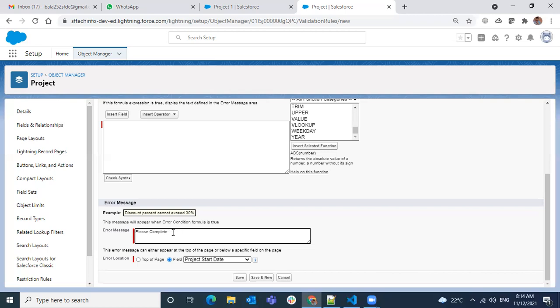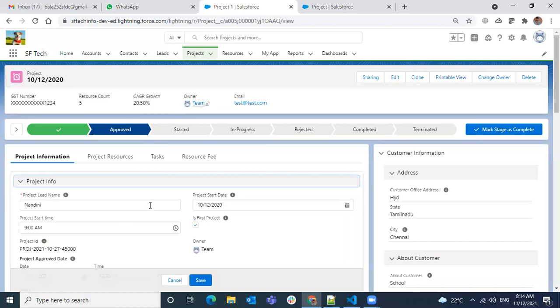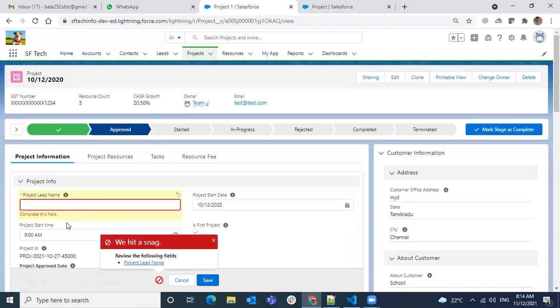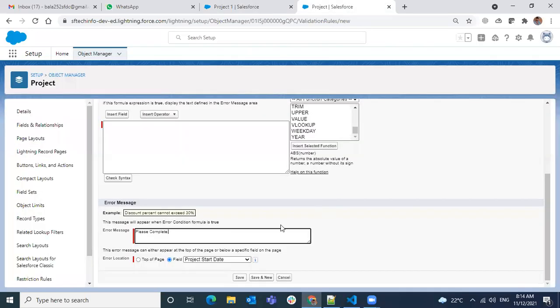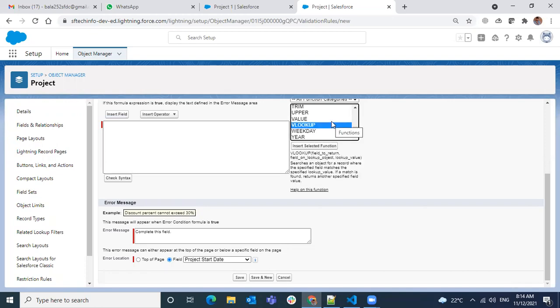How are we getting the standard message? It says please complete or something like that, right? When we make it complete this field, we'll just use a similar thing, to make it consistent. Now what we're trying to do: if the start date does not have a value, what do we need to check?